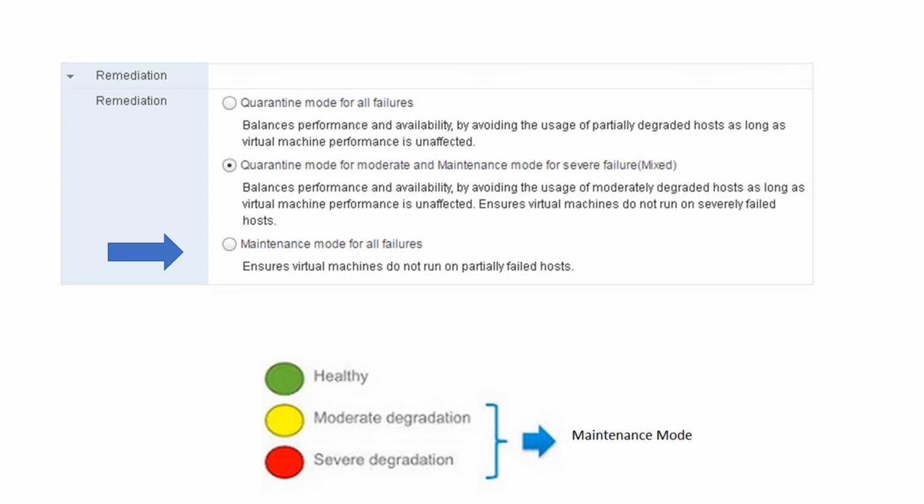Till we rectify that issue and manually bring that server out of maintenance mode, it will stay in maintenance mode. In quarantine mode, if the host is taken into quarantine mode, it will automatically come back to normal. But if it is taken into maintenance mode due to hardware failures, we need to manually bring that host out of maintenance mode.